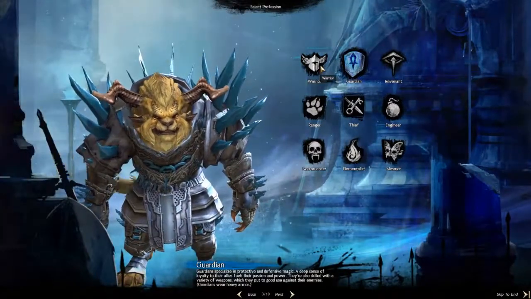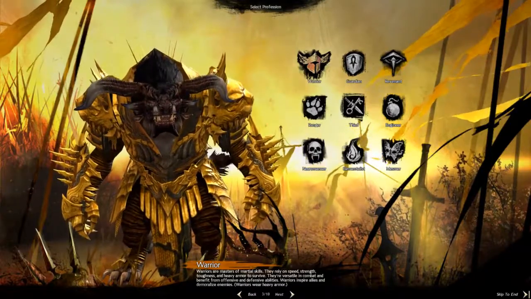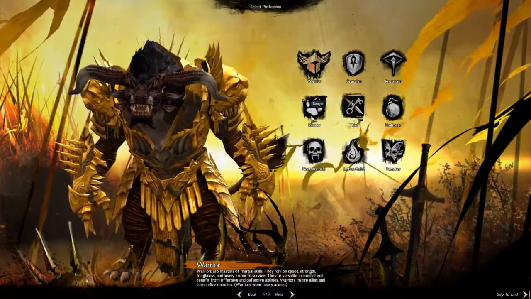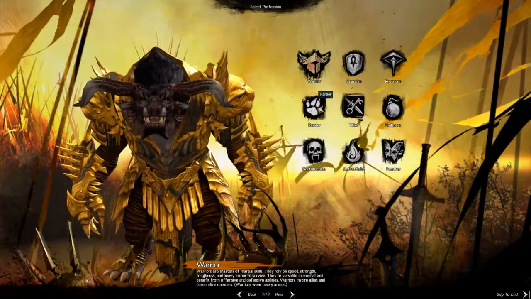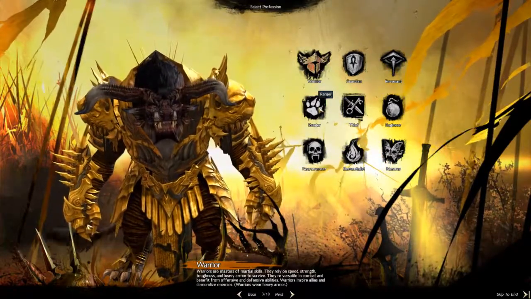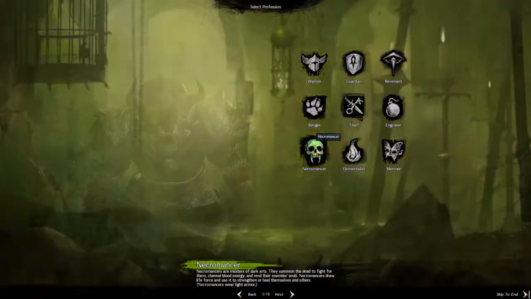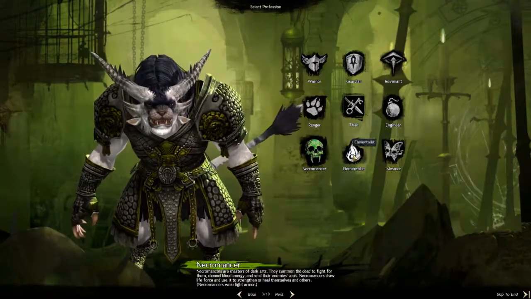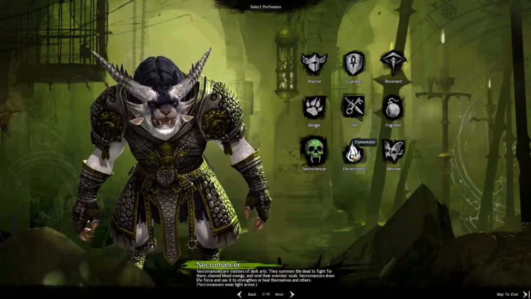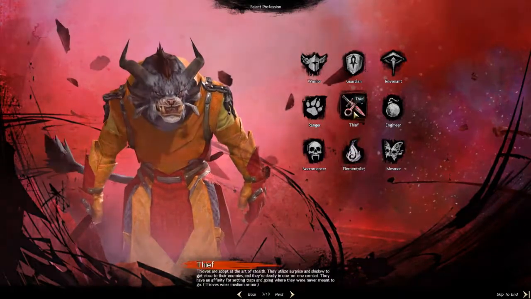We get to choose essentially what class we are, so you guys can see the customization and the basic armors and what they look like. And I say basic because you don't start off looking like this, but this is the idea of what your character will look like whenever you have some gear. We have Ranger, Necromancer, which is going to be the next one I personally decide to give a shot. If not that, then the Elementalist right here. We have a Thief,